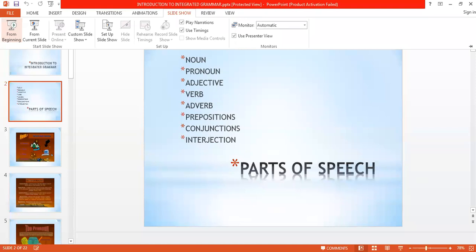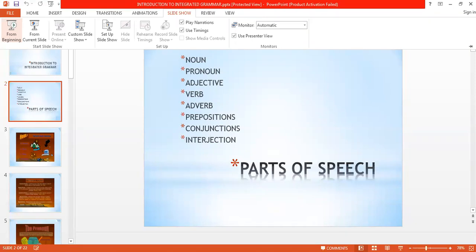In the same way, in a sentence the word can be the same, but what form it is used in depends on its name, its part. If a word is used as an article, it can also be used as an adjective. If an adjective is used with a noun, it can also be used as an adverb. So it depends how we are using the words. All these things are called parts of speech. So let us first know about these parts of speech.